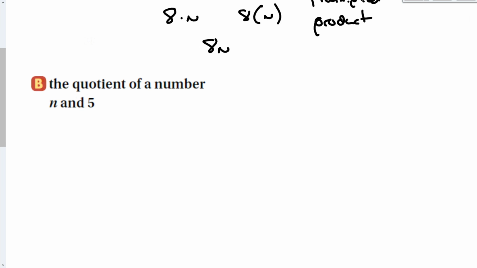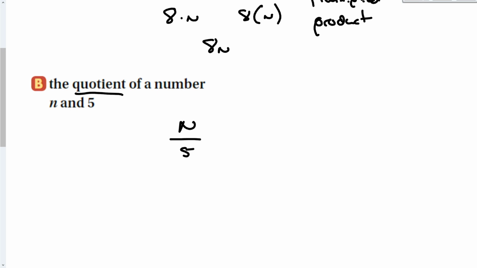Part B, the quotient of a number n and 5. So now, quotient, we're going to be talking about division. So we can say n divided by 5. But again, that symbol can be a little bit confusing when we're writing a long expression. Best to write that using what this symbol represents. Notice how the division symbol has a dot above and below a line. Well, those dots represent the first thing and the second thing right there. So the better way to represent division, so let's get rid of this, is n over 5,